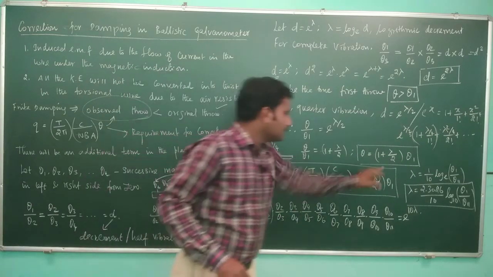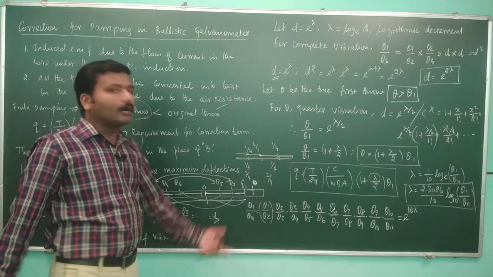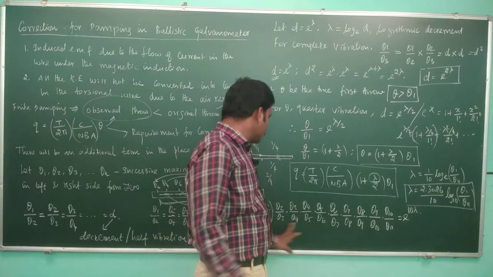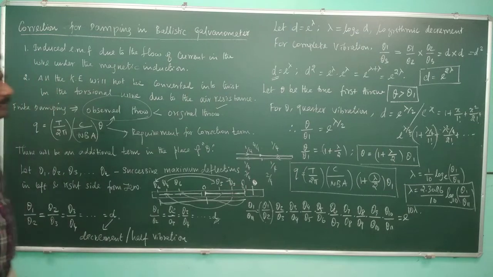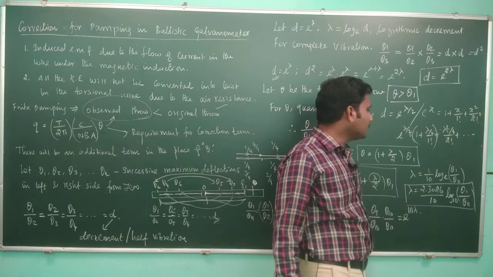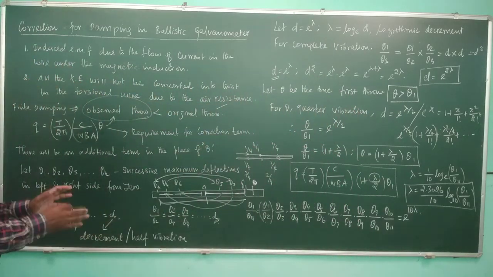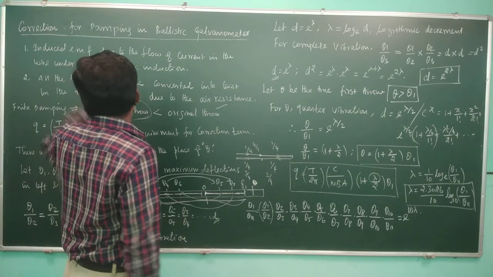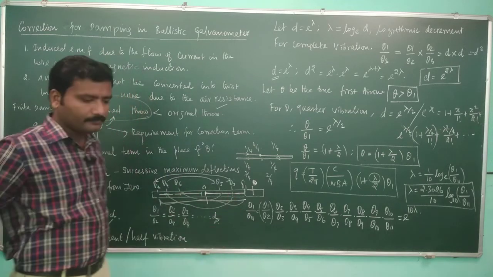Okay, but here this lambda we need to calculate. For that we have considered 11 throws, and for all 11 throws we consider half vibrations. We have multiplied them, so that we have 1, 2, 3, 4, 5, 6, 7, 8, 9, 10 terms, so that e power 10 lambda we have converted into logarithm base 10, which will give you lambda equal to 2.3026 by 10 multiplied by log theta 1 by theta 11. So this is the damping correction that we need to apply. Fine. So with this, the concept of correction for damping in a ballistic galvanometer, we can restrict with this.